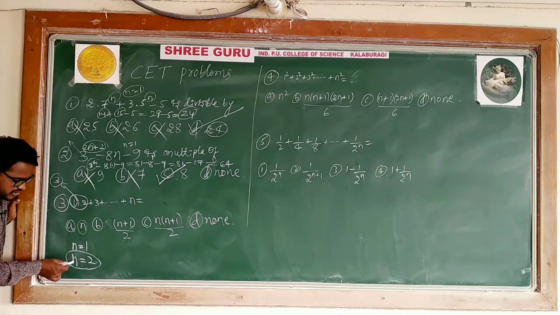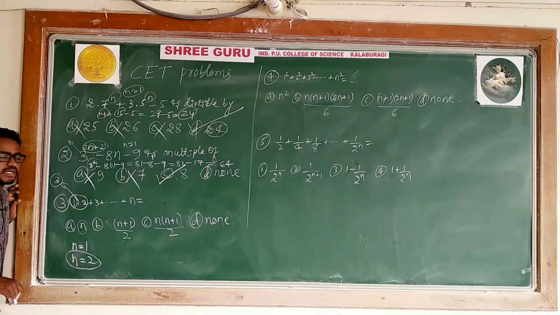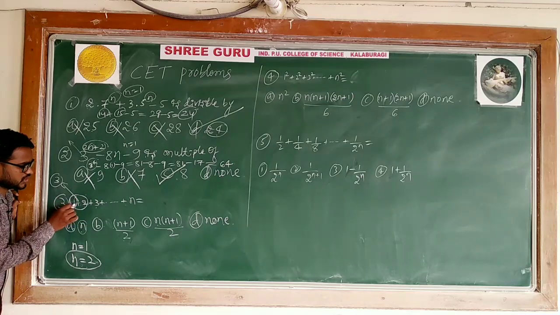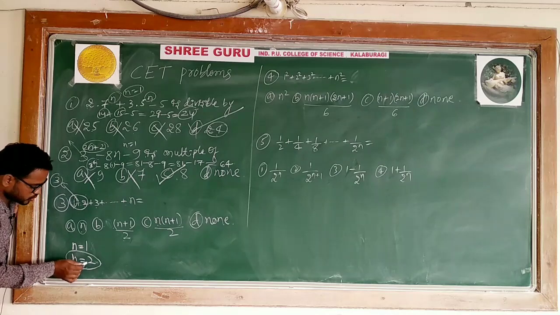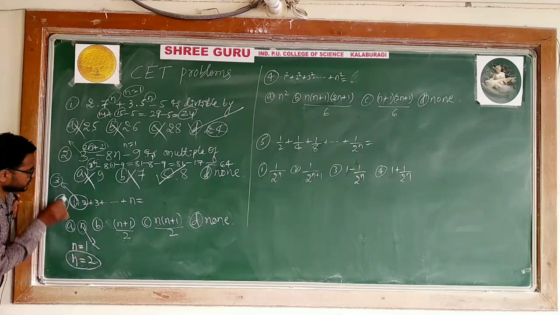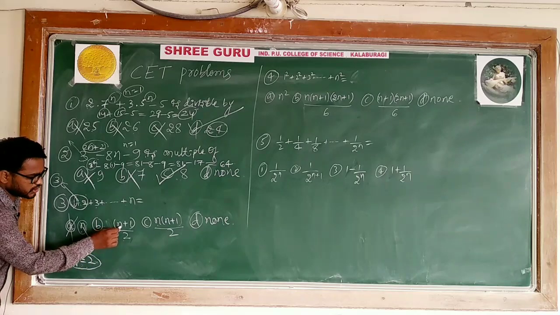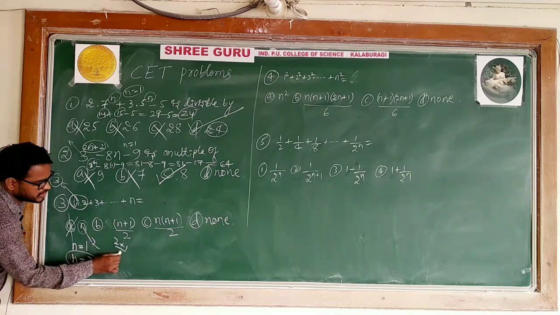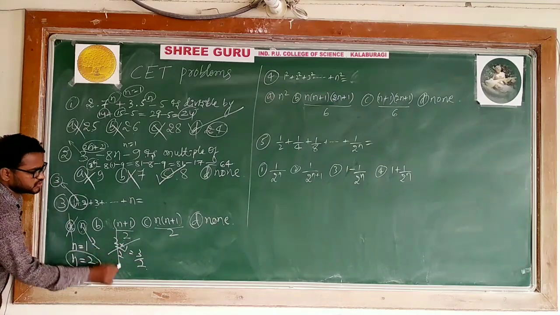Okay, when you are saying n is equal to 2, you need to get the sum of the two terms. On the basis of this I will decide what the RHS is. 1 plus 2 is the sum of the two terms. 1 plus 2 is what? 3. Where do we get 3? Here n is equal to 2, and 2 is not equal to 3. This is not the option. n is equal to 2 means (2 plus 1) divided by 2, which is 3 by 2. But 3 by 2 is not 3. This is also not the option.